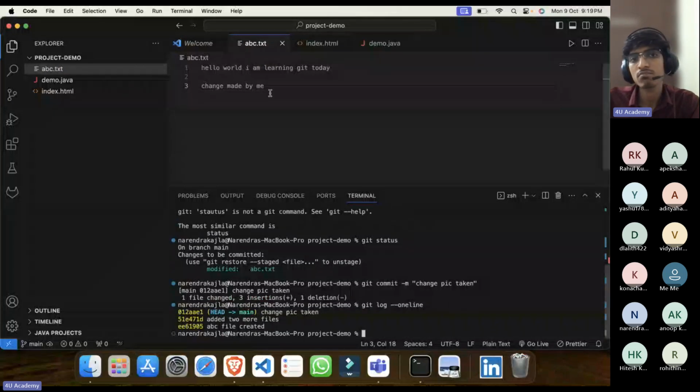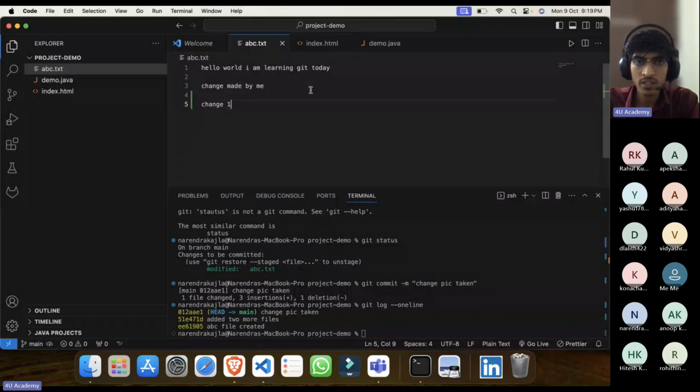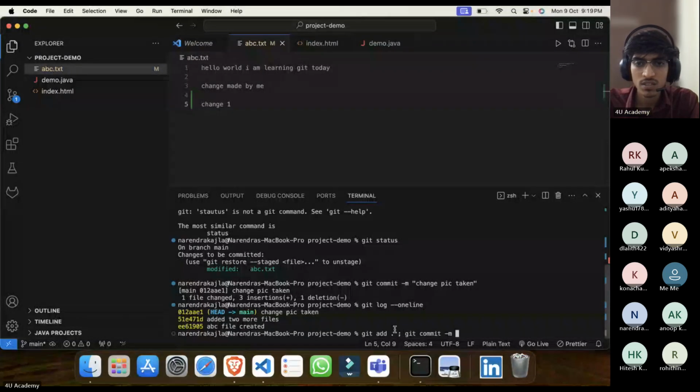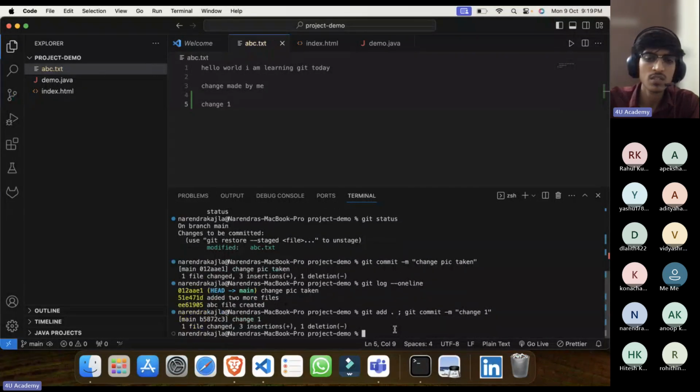Cool. So let me do some more. Let's say change one. Let's say git add dot. You can actually run it like this also, git commit, two or three commands. So let's say change 1. Similarly, let me make some more changes.